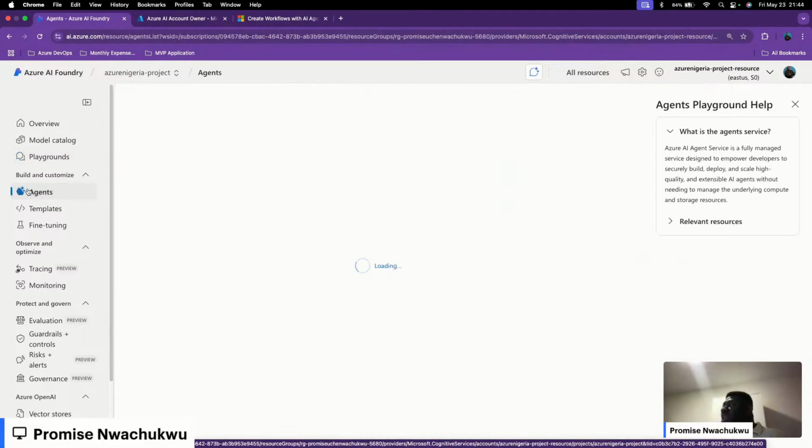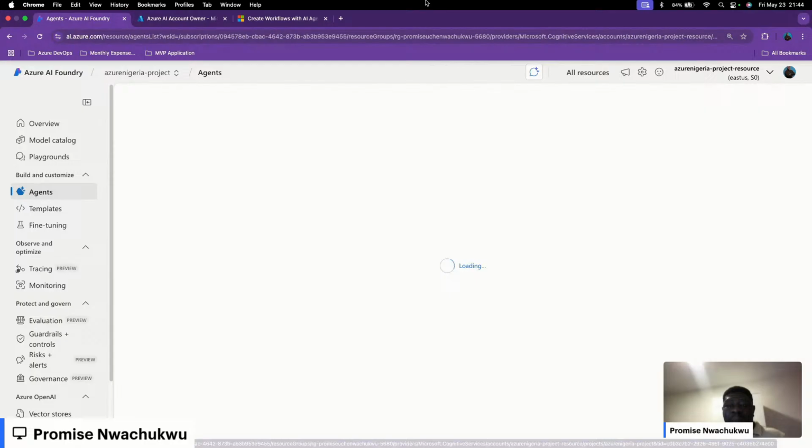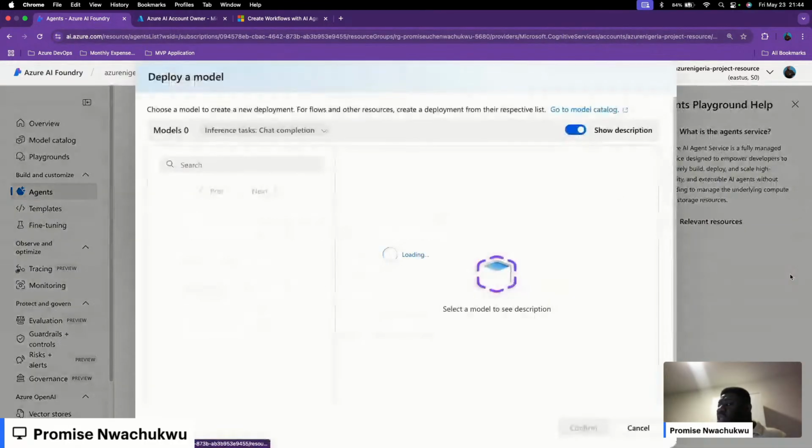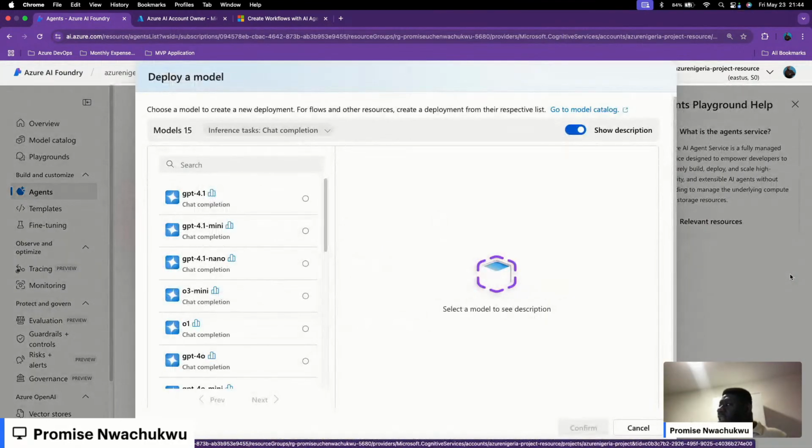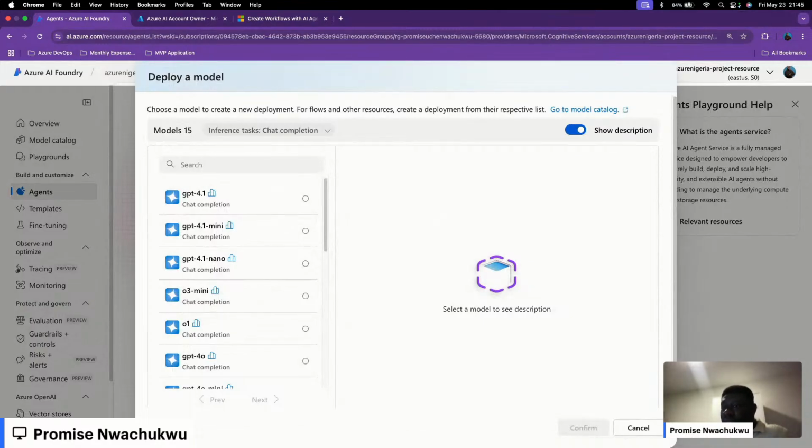Then you can see when I click on the agents tab, one of the things you notice is that it says I don't have any core agents deployed on this project so far, right? So remember, the first thing that we did was to set up the Azure Foundry